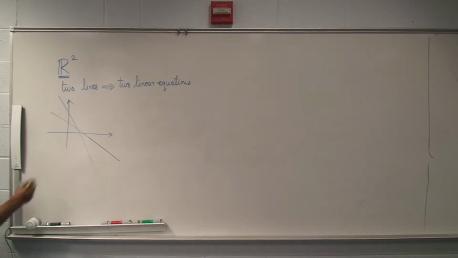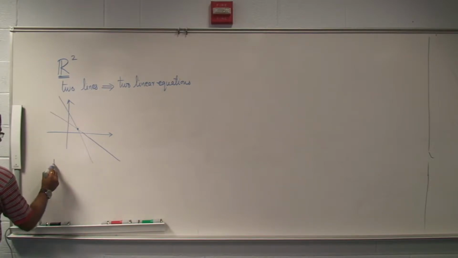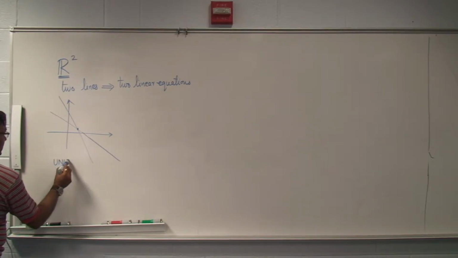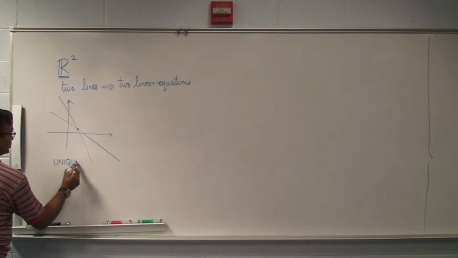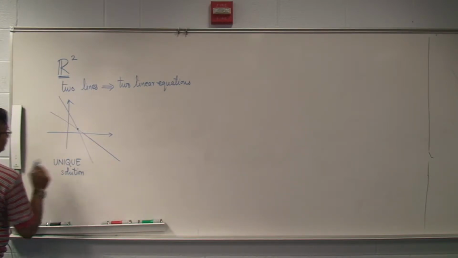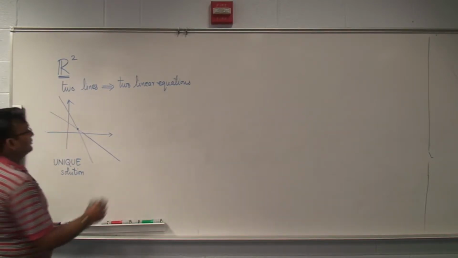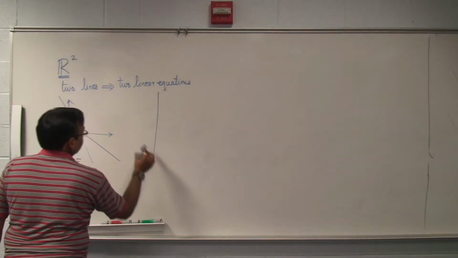So these are the two lines. As we can see, they only intersect at one point. So we can say this is a scenario which we just saw, and we have a unique solution or only one solution possible. Question is, if I am given two lines, is this the only possibility, or can it happen that they have